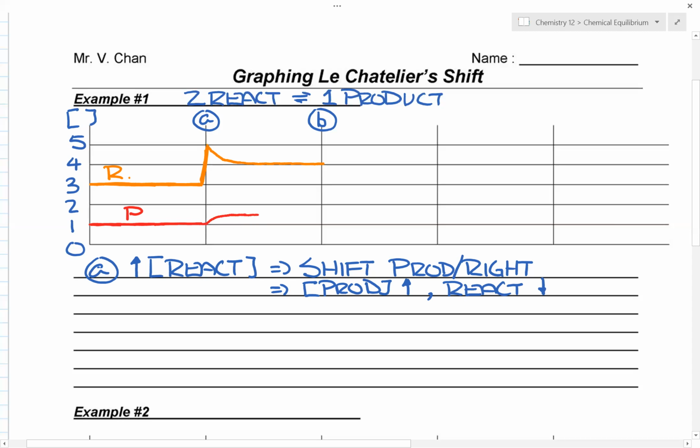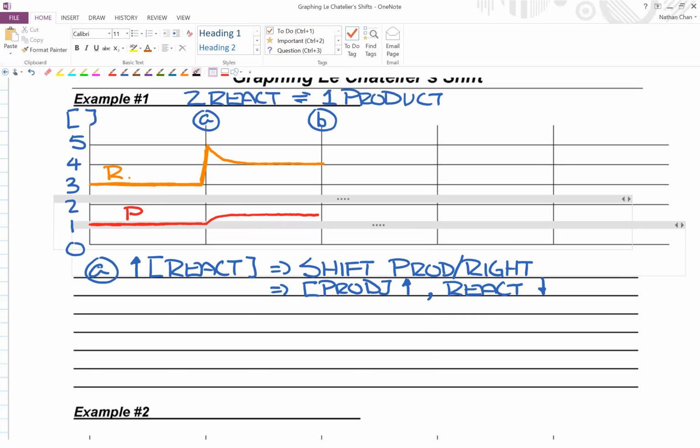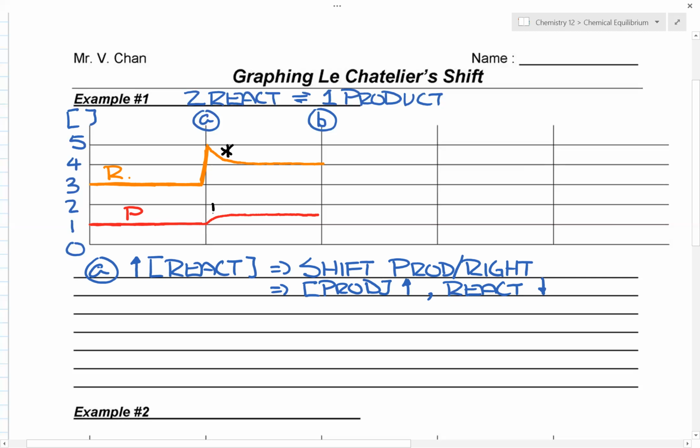Now, in this particular case, you notice that my reactants went down by a full square. My product went up by half a square. You might say, Mr. Chan, why did the reactants go down by a full square? Again, I felt like it. But why did my product go up half a square? One thing you need to do is follow the mole ratio